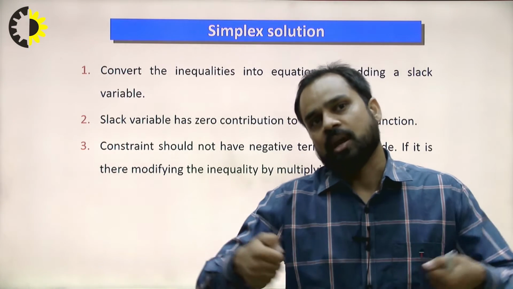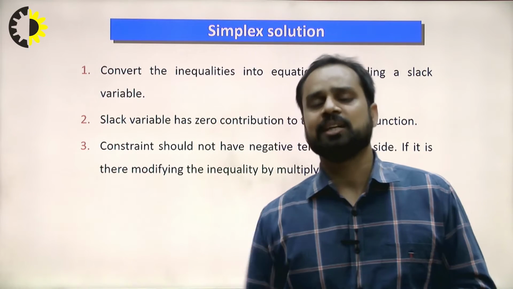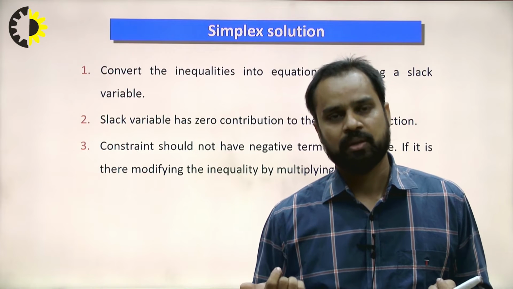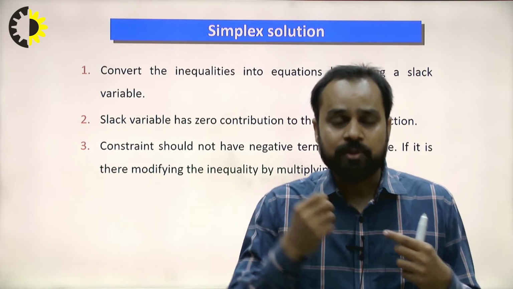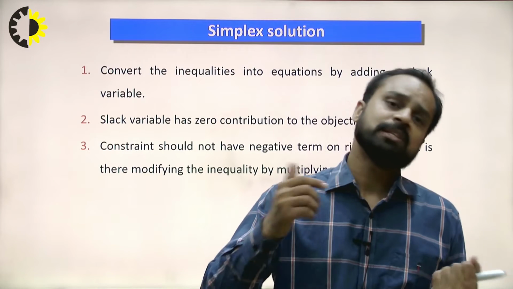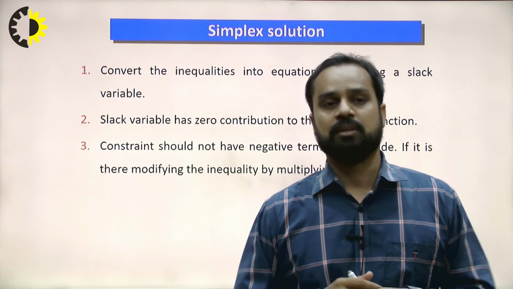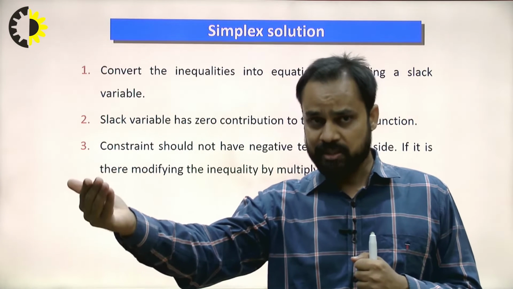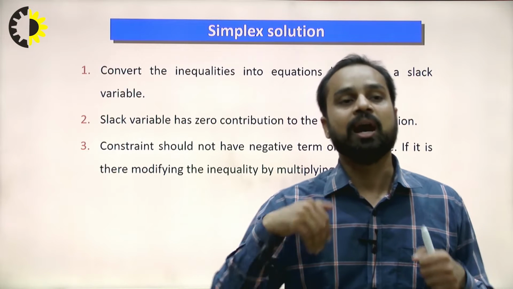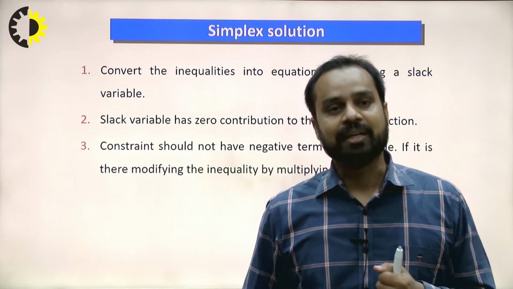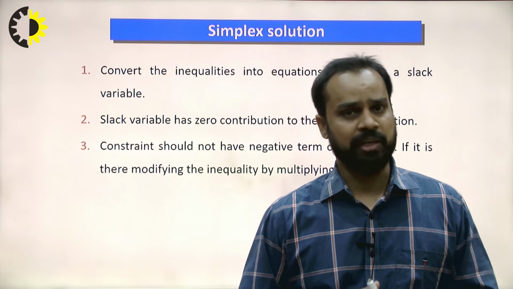And when we start to solve the problem with the help of the simplex method, the right hand side constant should always be positive. Because in the simplex method we always initiate the problem by obtaining a basic feasible solution. If the right hand side is negative, it indicates the solution is infeasible. So if in the right hand side there is a negative term, always make it positive by multiplying by -1.